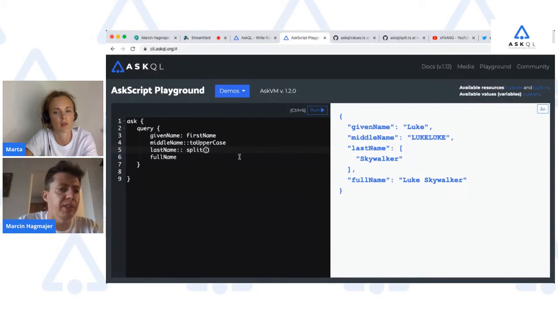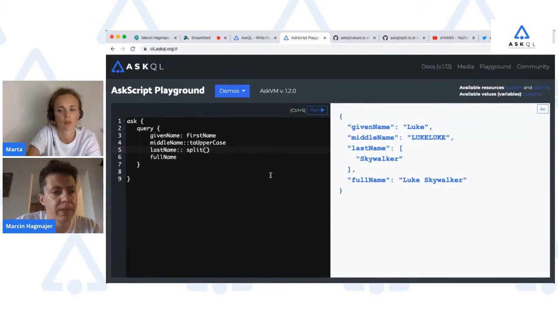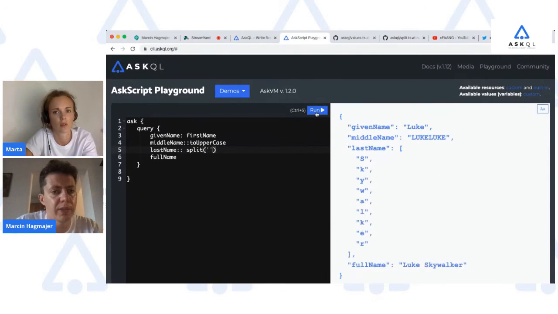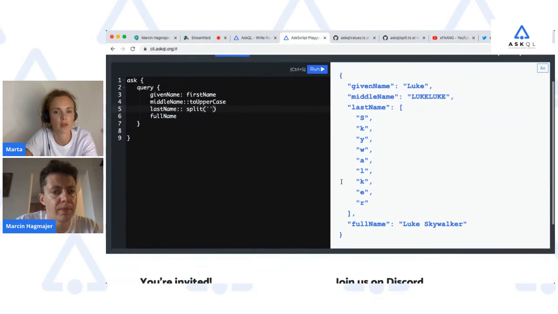So just an empty string, so that would be just a backtick. Yeah. Like this? Yeah, single quotes. There you go. Oh, so it separates every letter.